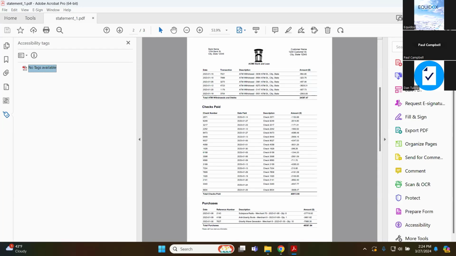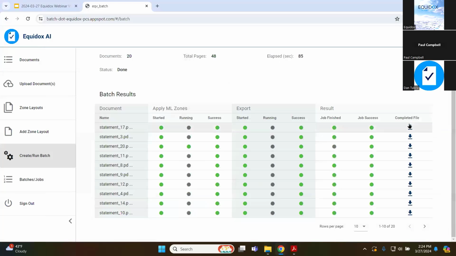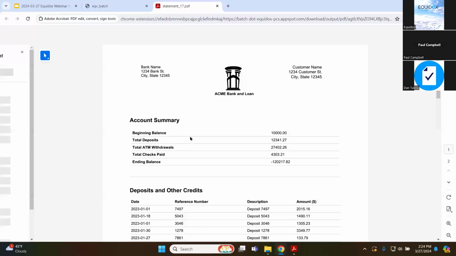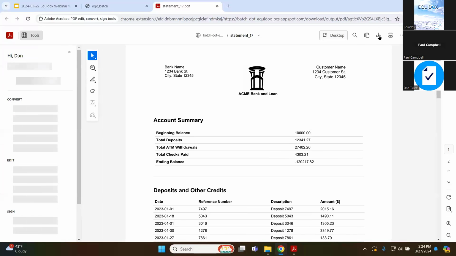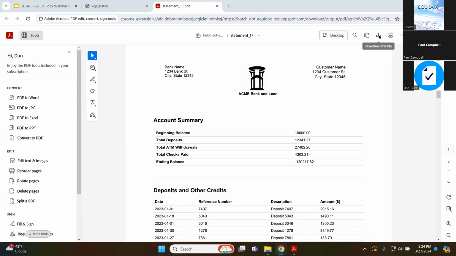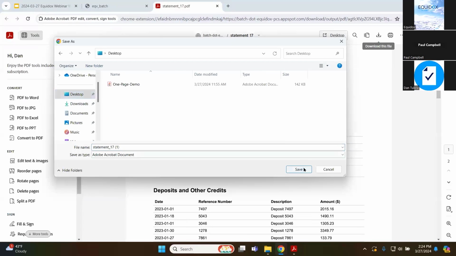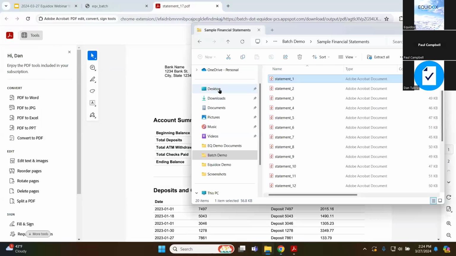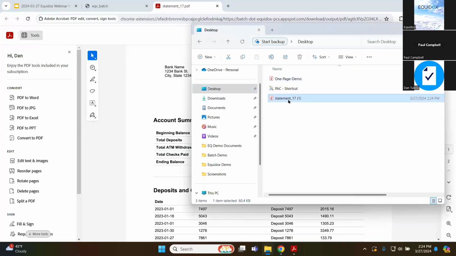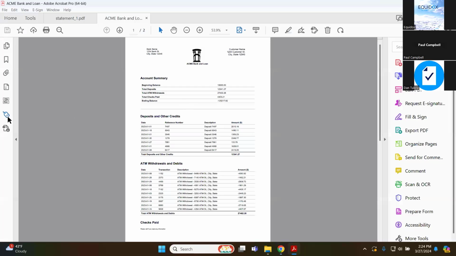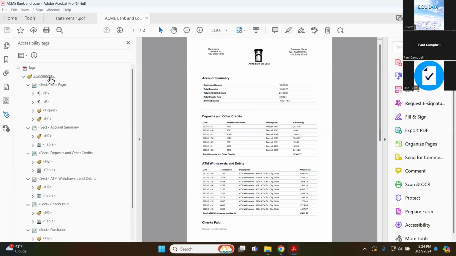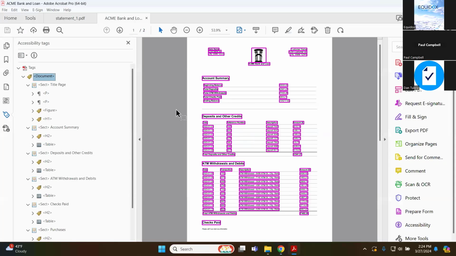So what we do through that AI process is, if we take a look at one of these documents that came out of the batch, I'll download this and put it on my desktop just so we know it's the different one. And I'll open up the document that I just created. Now this document, if you can tell underneath the accessibility tags tab, is completely different.